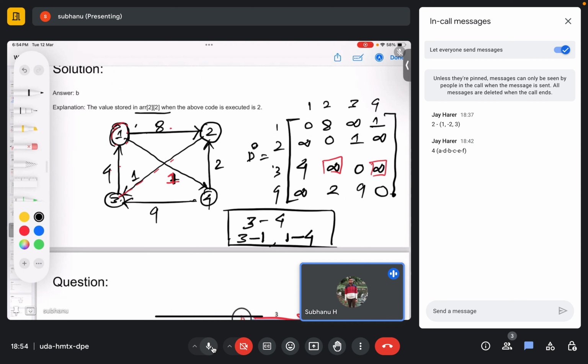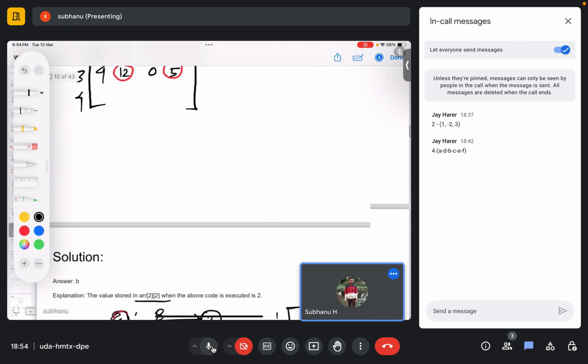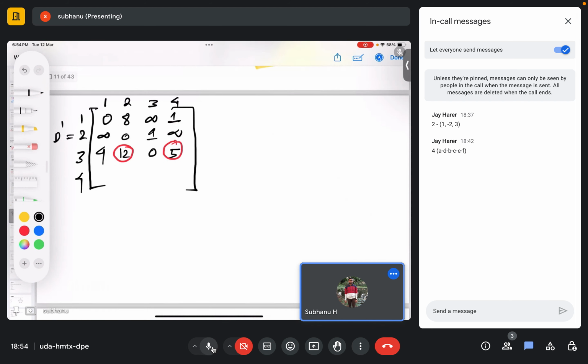So what our dynamic programming will help here, like what Floyd Warshall does, basically it tries to memorize that from 3 to 1 we have a route with this minimum distance, from 1 to 4 we also have a route with this distance. So this is how Floyd Warshall helps us. Okay, so if we complete the table,